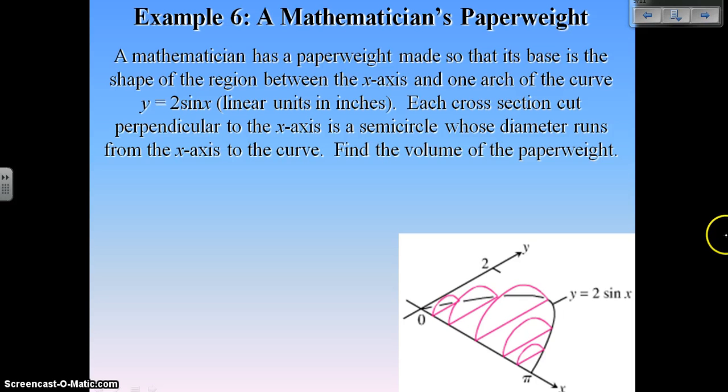So again, going to the idea of using cross-sectional areas, if I look here, and it's kind of hard to tell because of how it's drawn, but each of these cross-sectional areas is a semicircle. And so if I were to find the area of every semicircle starting at 0 and going all the way to pi,